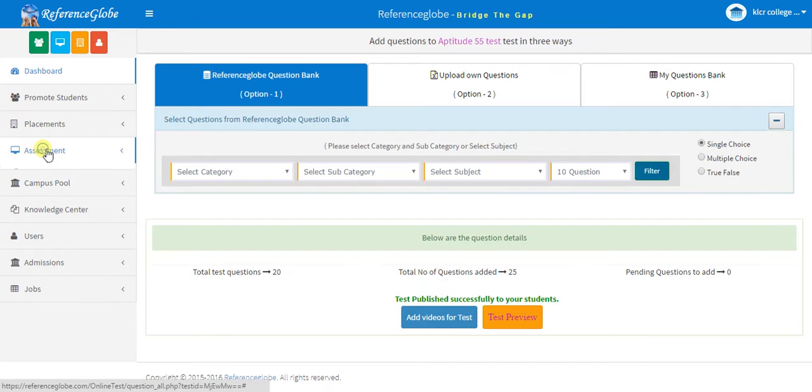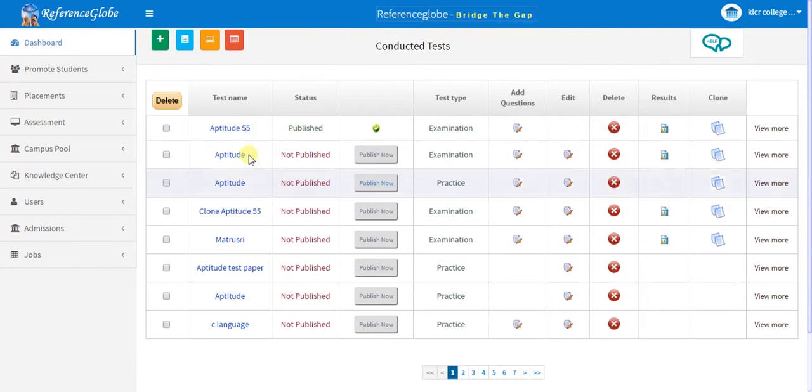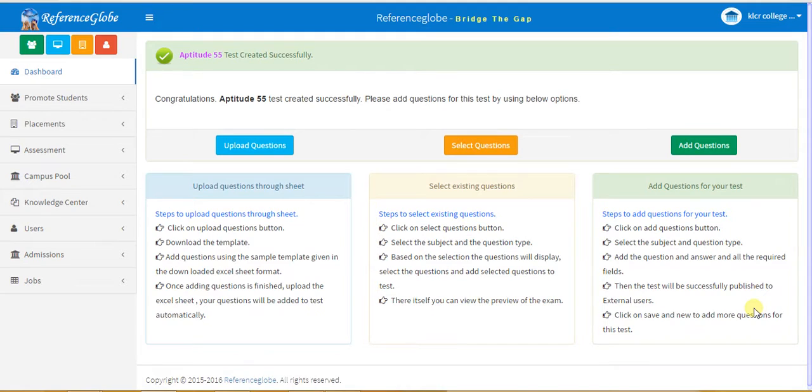Then you can go here to assessments and keep track of all the tests that you have conducted, and all the tests that you have created and are ready to publish from My Tests. So here, see, aptitude 55 is published. That's the second option. Now that we've seen how to add questions, select questions or upload questions,